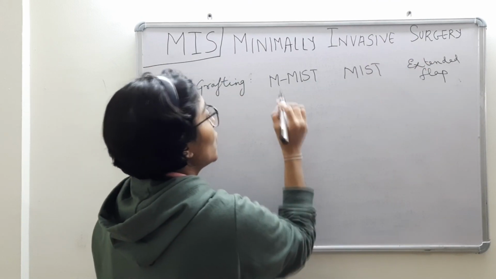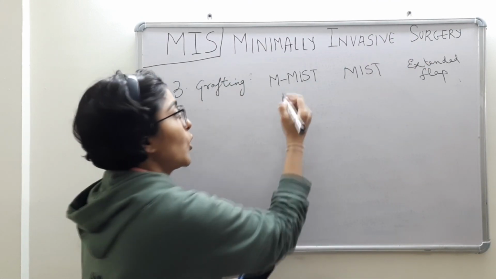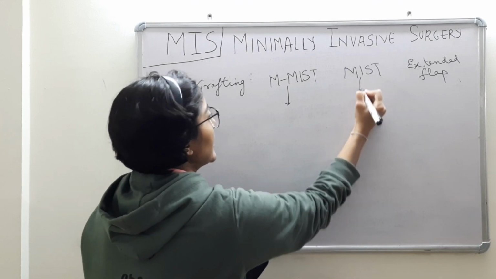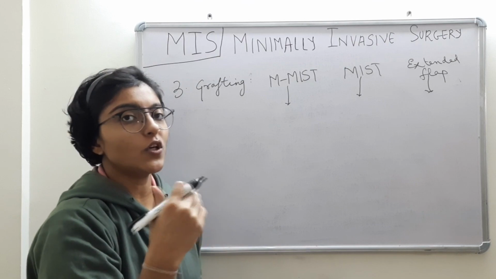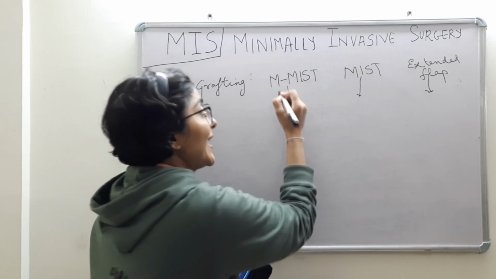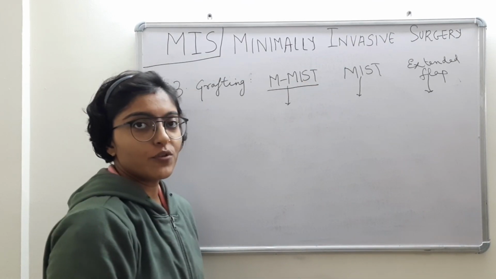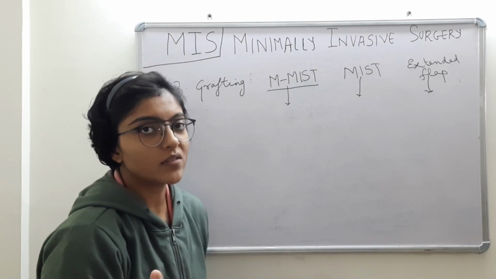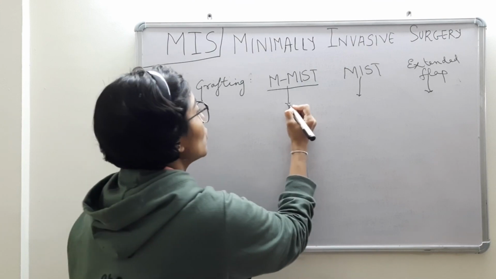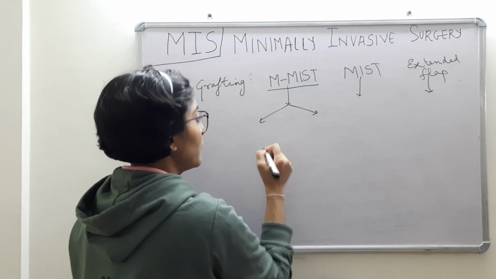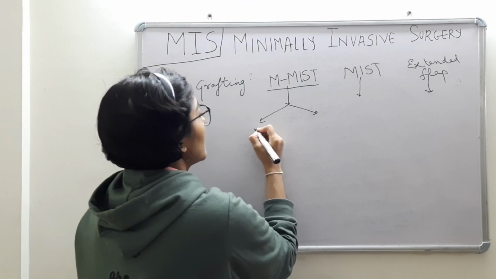Clear? Now if MIST is performed, the question to be asked in any case will be the same, whether it is containing defect or non-containing defect. For MIST there is no confusion. We know that it is involving 1/3 of the roots and it is cleansable from buccal aspect. So there are two options. Either you perform or you don't perform.